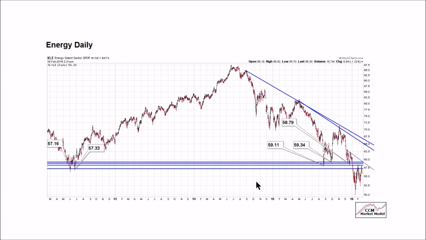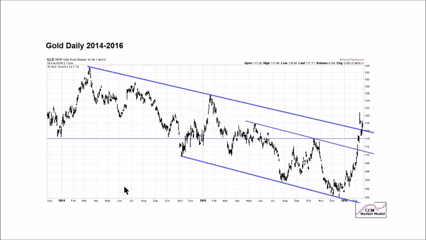Over the last 4 sessions in the shortened week, XLE was unable to capture these levels here. It closed Friday at 56.81. As you can see here, this daily chart of GLD or gold, GLD's been in a longer term downtrend,